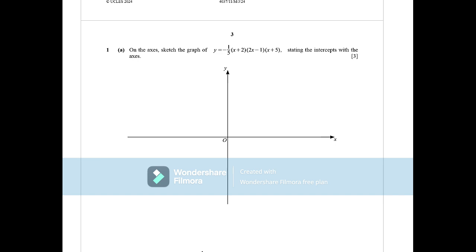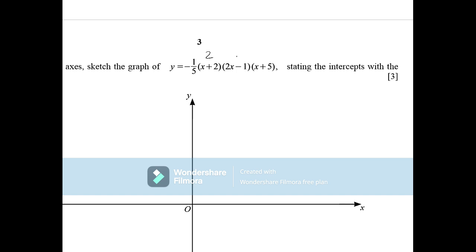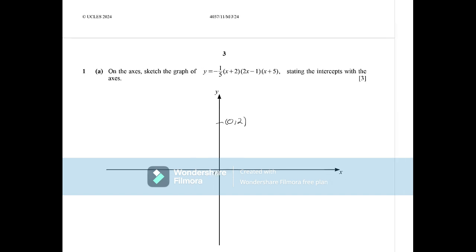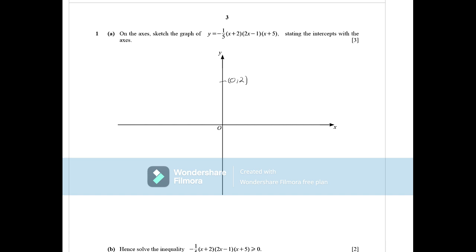Sketch the graph of the given function. Sketching, we just need to show the points with the axes. For the y-axis, you need x to be 0. When x is 0, this bracket is 2, this bracket is -1, and this is a 5. The 5 cancels out, -1 makes it a positive 1. Final answer is 2. On the y-axis, the graph goes through 0, 2. And then for the x-axis, where y is 0, you need all these brackets to be 0 individually,